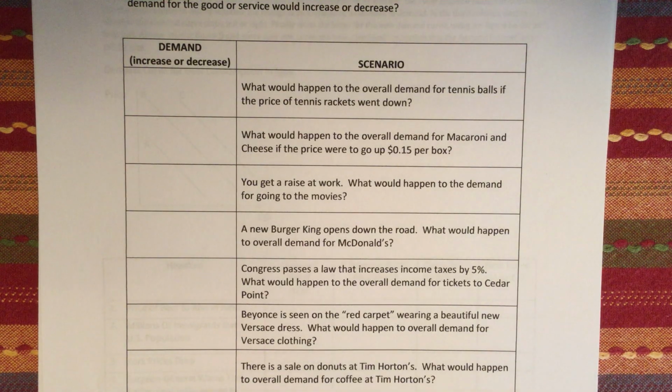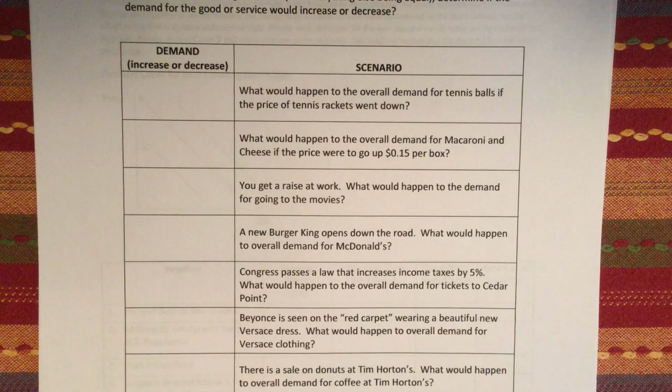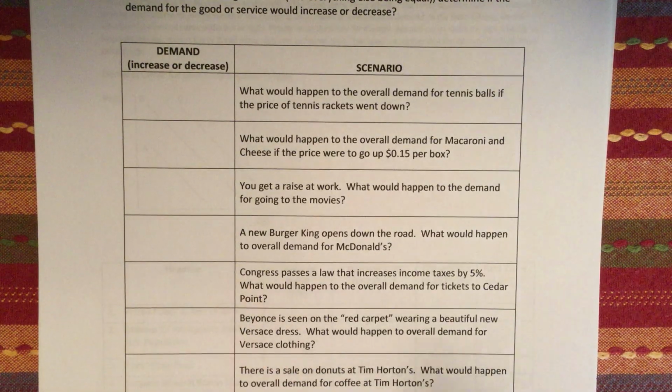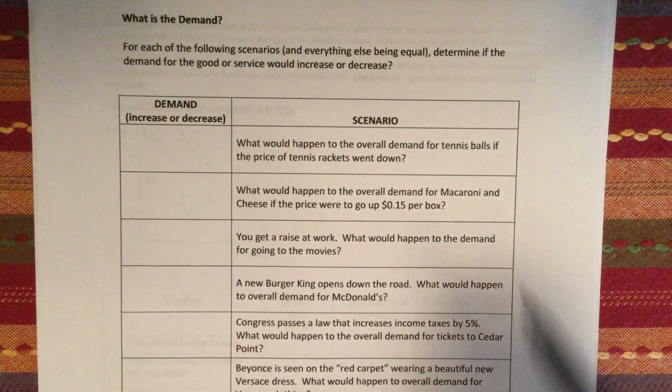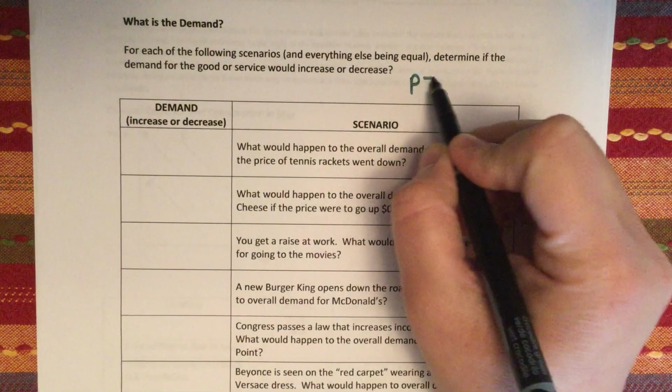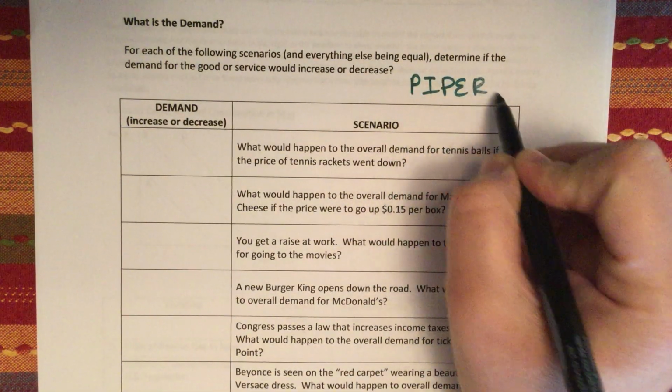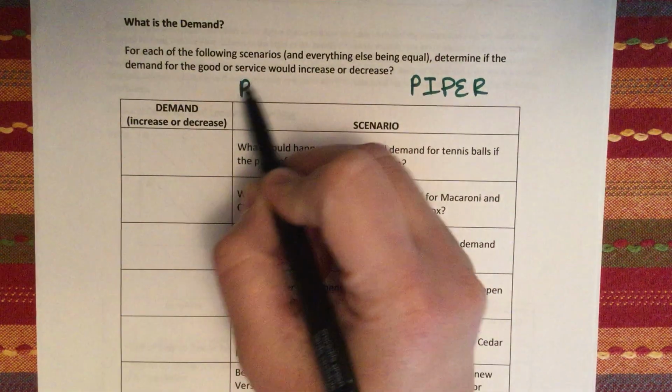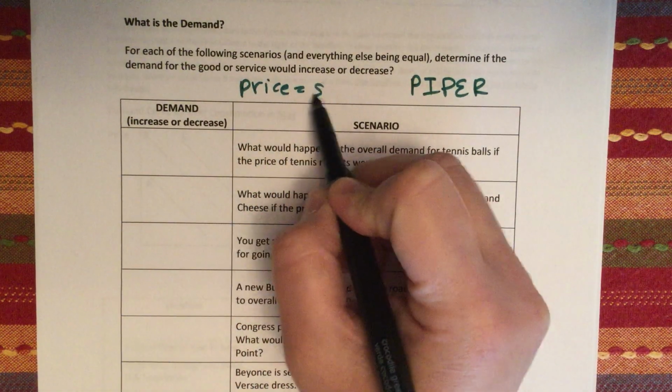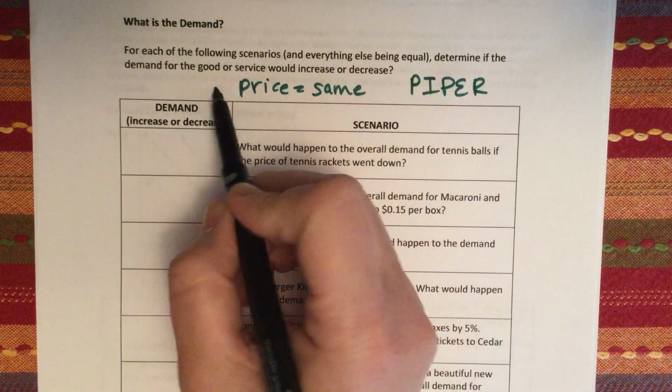Which I will go over in a minute also, because there were questions earlier in our Zoom meeting about some of the answers there. Okay, so for this assignment, it's just to read the scenario and determine whether or not demand would increase or decrease. Again, remember, demand only shifts to the right or to the left when price stays the same and something else is changing. So again, I'm going to write here just on the top, "Other factor": this is what's changing, and price stays the same. That is when there is a change in demand.